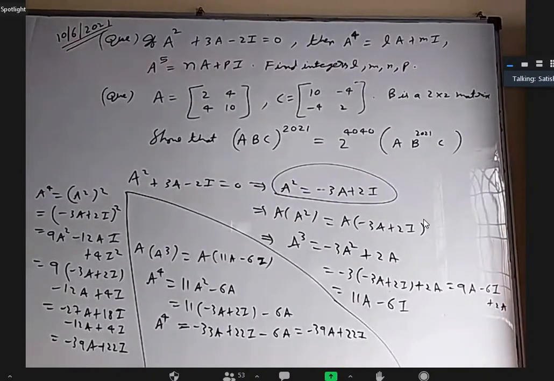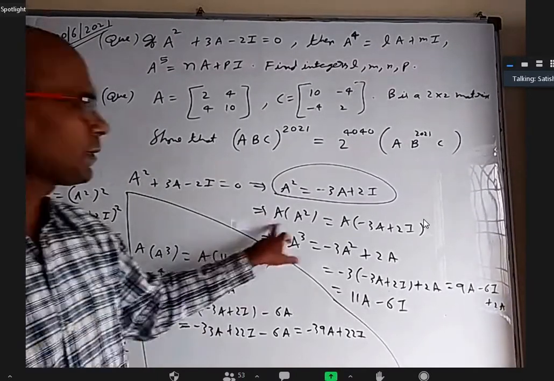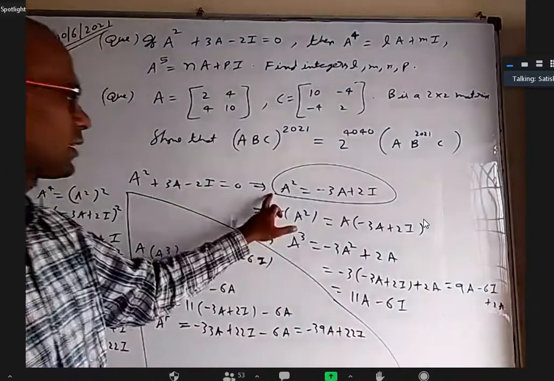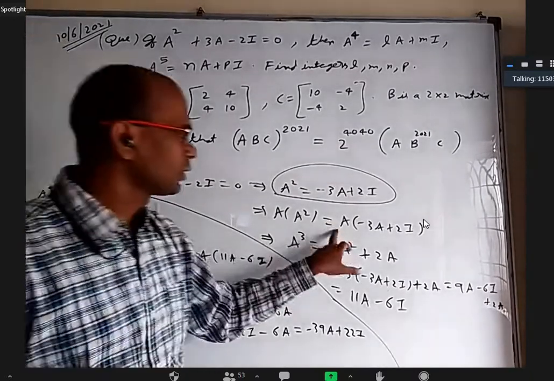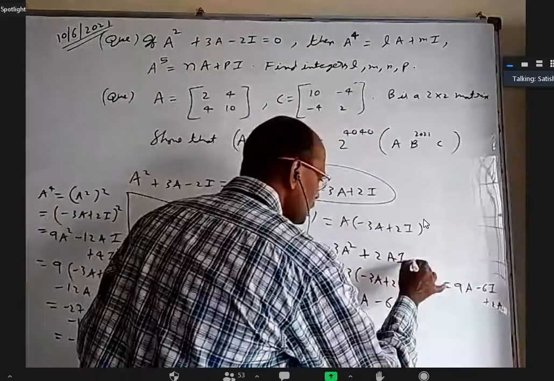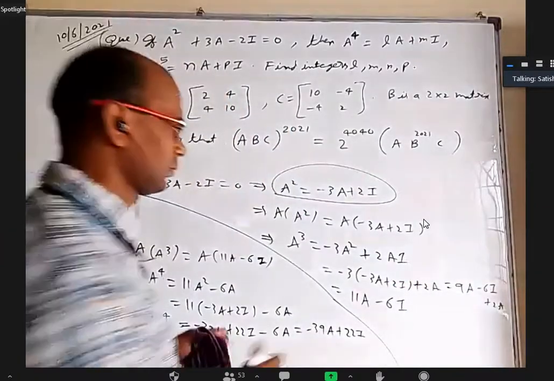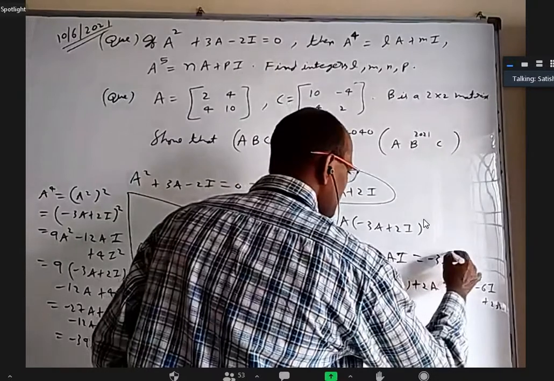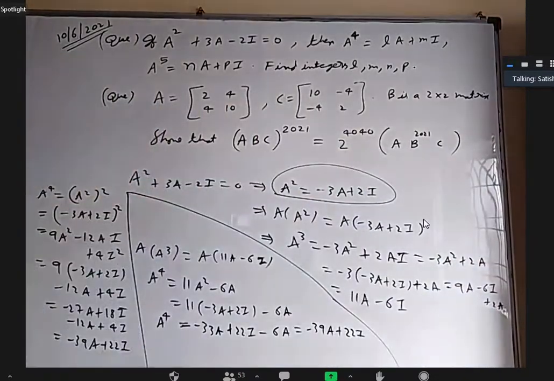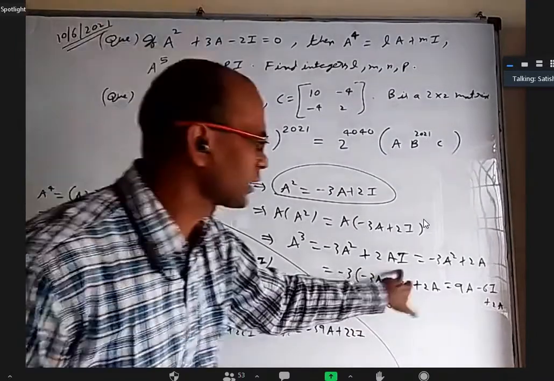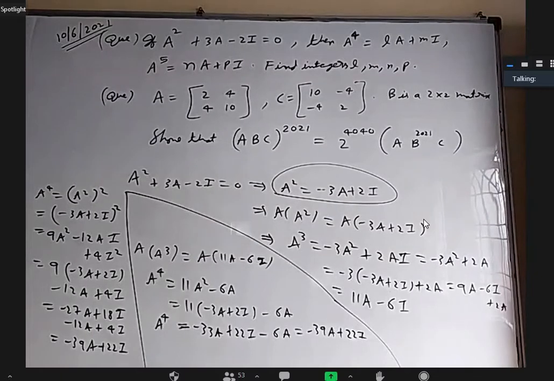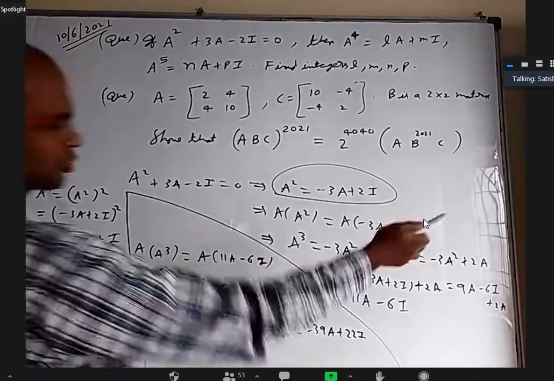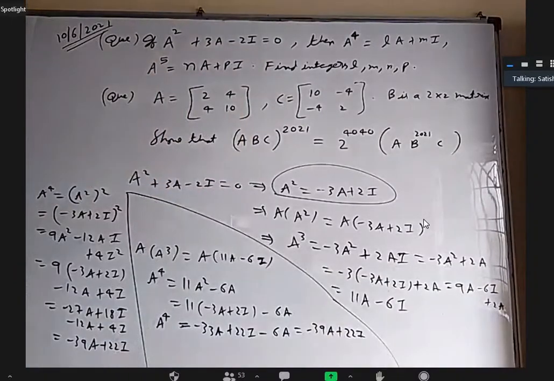Yes, please. Sir, in the second step, A into A square, I didn't understand. I multiplied with A on both sides. Yes, sir, A into minus 3A minus 3A square. A into 2I. A into 2I is actually 2A times I, but A into the identity matrix is A only, no? Anything into the identity matrix will give that matrix only, right? Yes, sir. That's how A into I became A. Is it okay? Okay, sir. If you want, I wrote one more step. First you write A into I, and the next step you write A, not an issue.